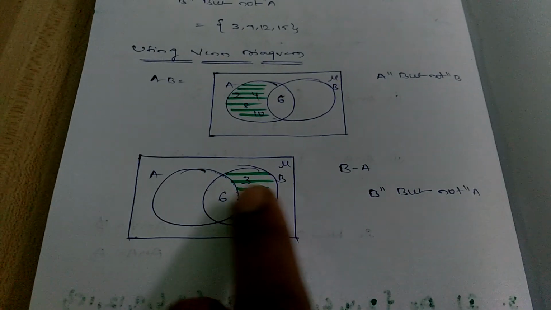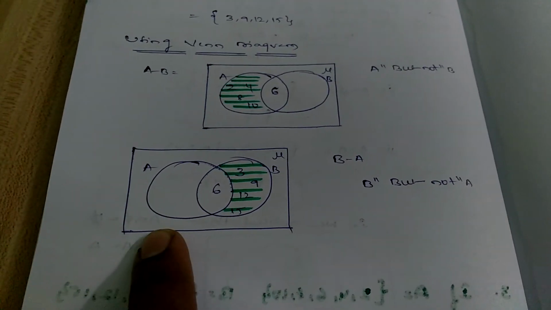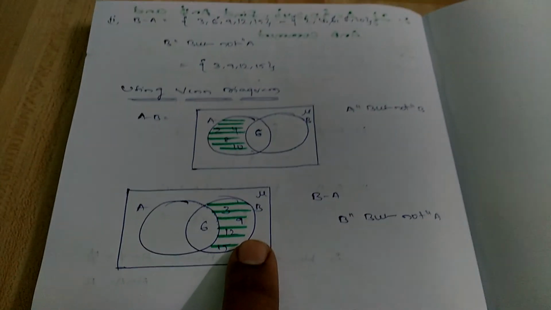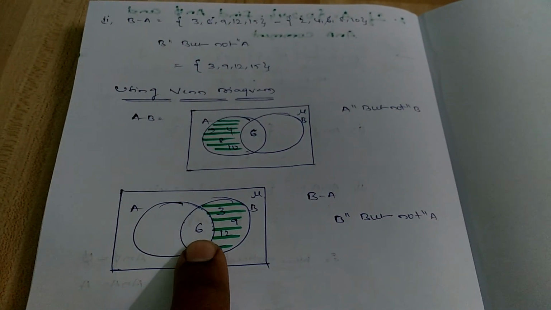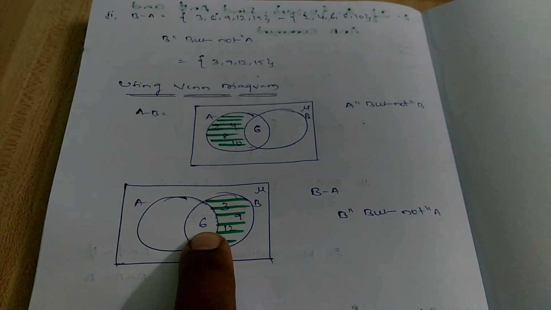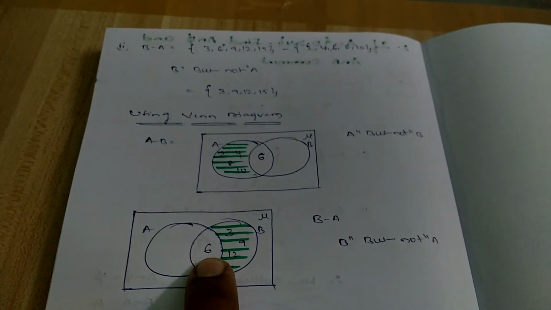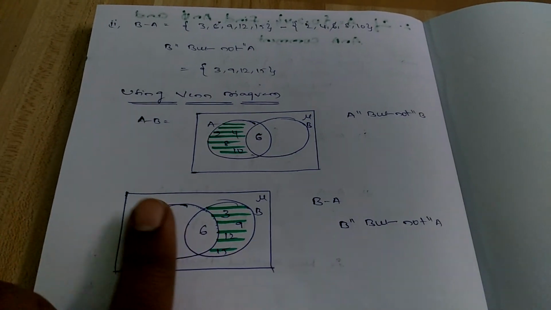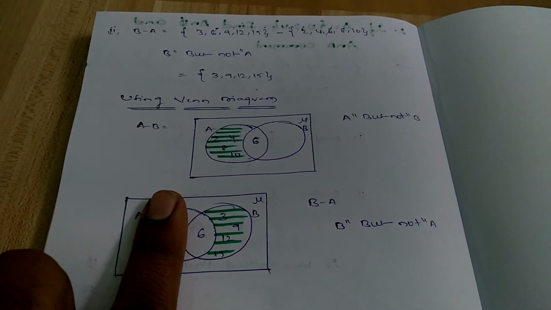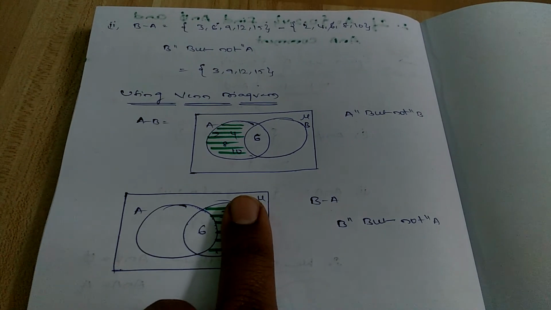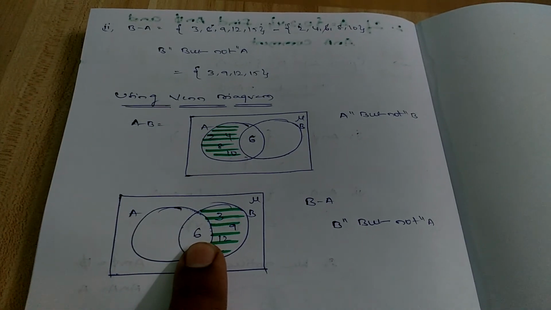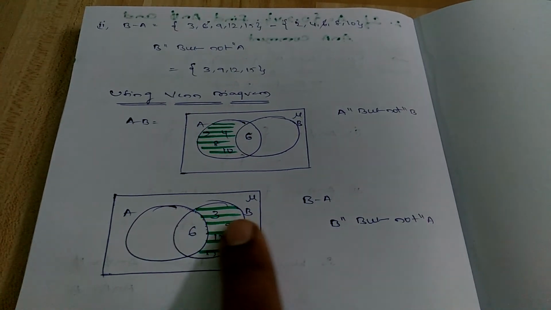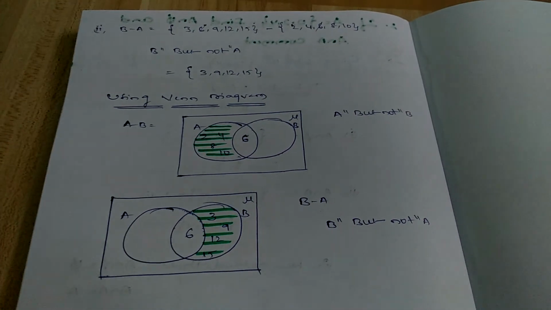Similarly, B minus A. Take down a rectangle that indicates the universal set. Take down two circles because they give two sets. So write the common element in the common region. And now, what is B minus A? It indicates B but not A. So don't write any elements in set A. Mention the elements in set B other than 6: 3 9 12 15. So shade only the B part, that indicates B minus A.